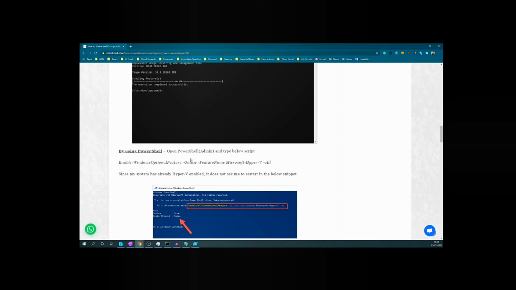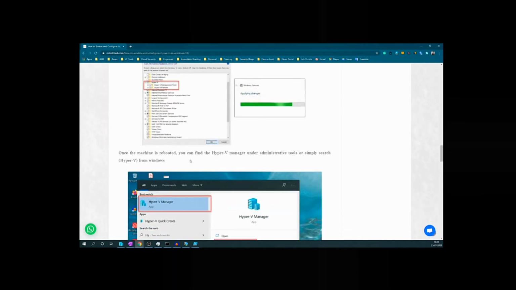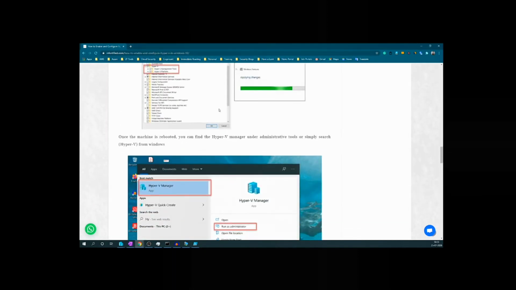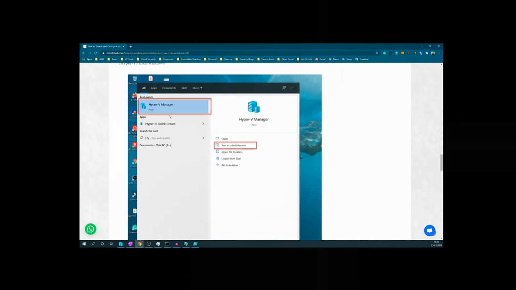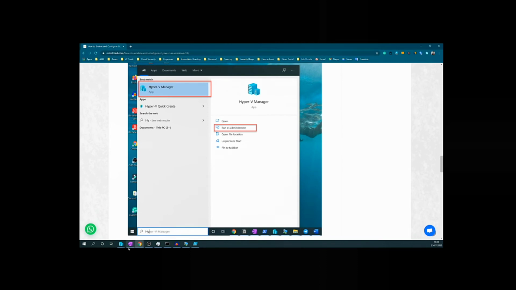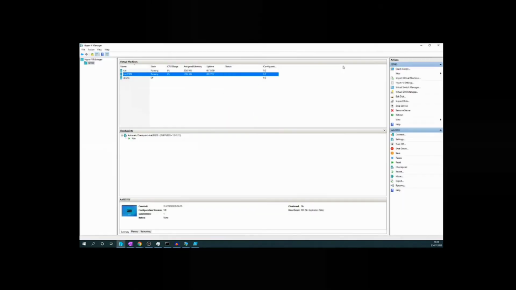the Kali Linux machine. I forgot to add one more thing that you need to do once you have enabled Hyper-V and restarted the machine. You can simply go to search and type Hyper. You will get the Hyper-V Manager, and it will look something like this. It will be one screen in which, in your case, there will not be any machine.